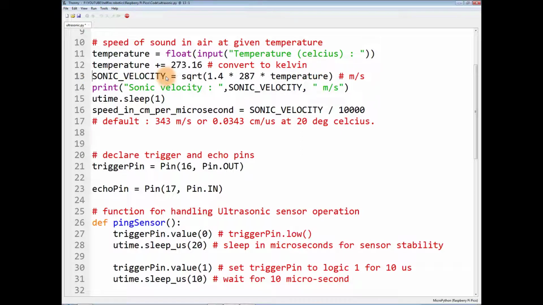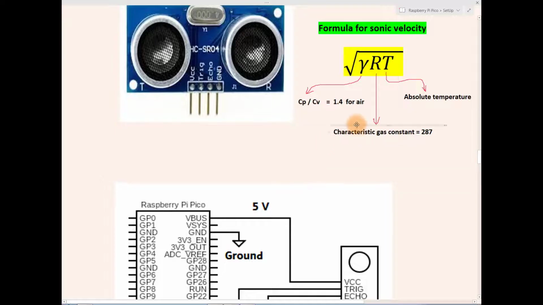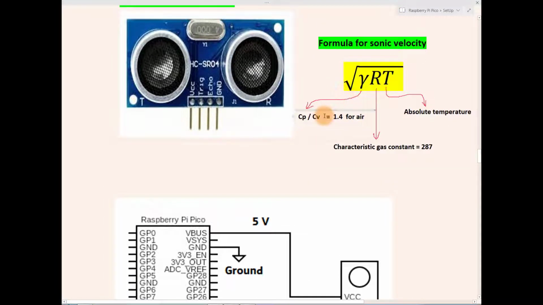Now sonic velocity. Sonic velocity is the velocity of sound in air at that particular temperature. It has a well-defined formula from basic thermodynamics. The sonic velocity will be equal to the square root of gamma R T. This gamma is the ratio of specific heats, Cp divided by Cv, and that is 1.4 for air.